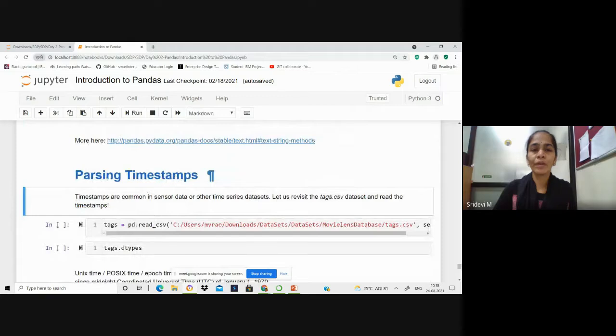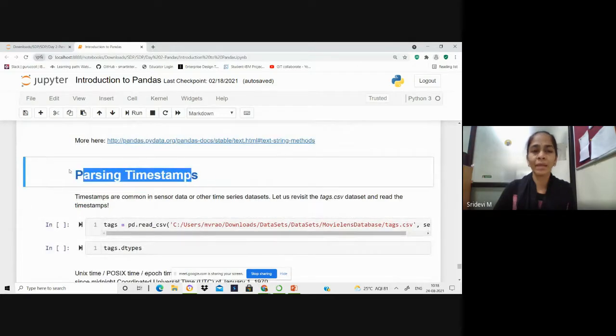Now, another important operation is parsing the timestamps. We have seen that whenever a user gives a rating, it has been added in the form of a timestamp, and this timestamp is calculated from 1970 Jan 1 till the current date when the rating is given, in the form of milliseconds.